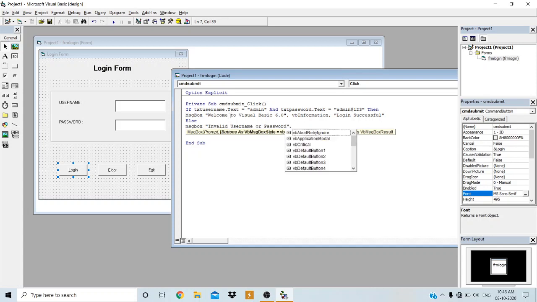And I will change the icon to vbCritical as it is displaying a wrong or error message. So I will use the vbCritical icon and also change the title of the message box to "Invalid credentials". You can give any appropriate title, invalid credentials.